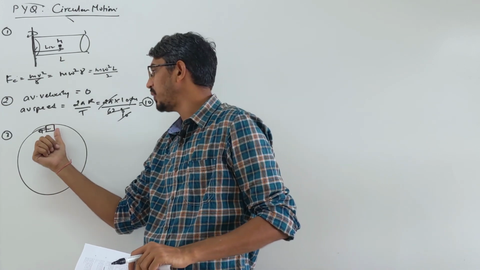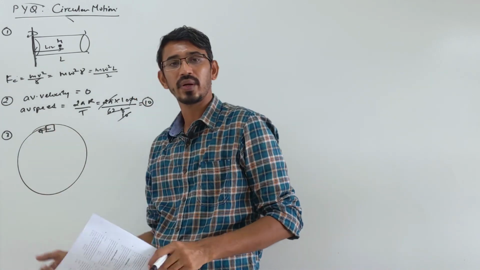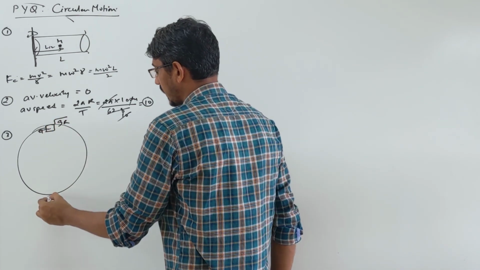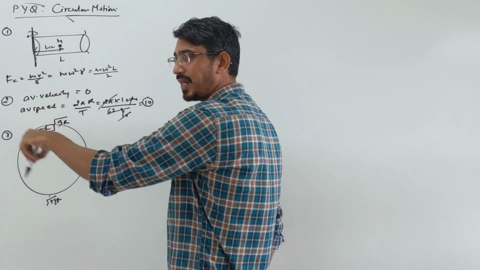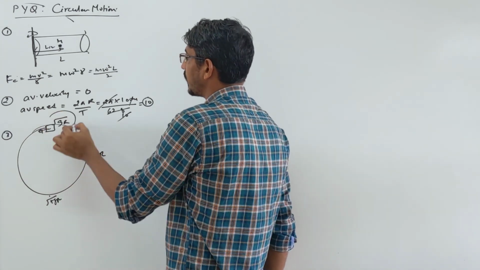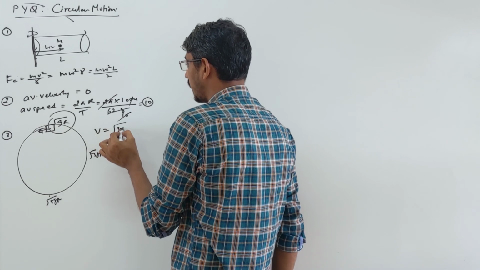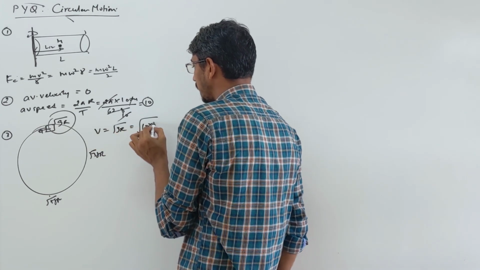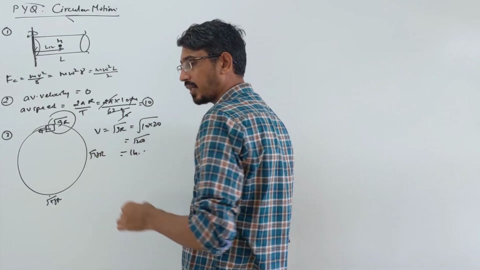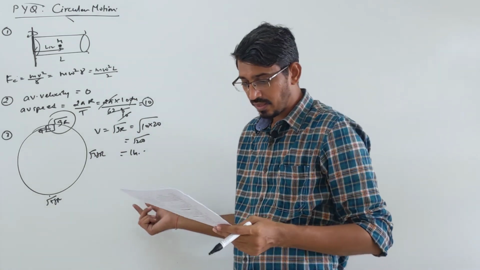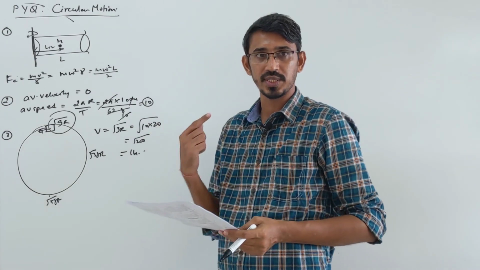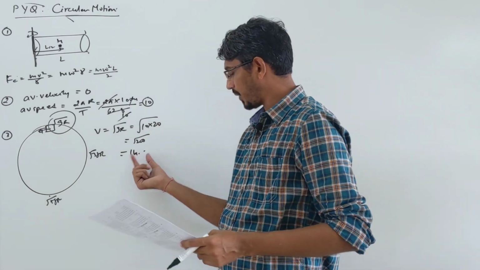At that point, so that we can complete the loop and should not fall, the velocity at the top point was, remember, root gr. At the ground it was root 5 gr to make a complete loop. So at the top point you're talking the velocity should be root g into r. So g is given as 10, r is given as 20. So root 200, that becomes 14 point something. They are asking what is the range? So it becomes between 14 and 15. So the third option is correct. Root 200 means 14 point something comes.